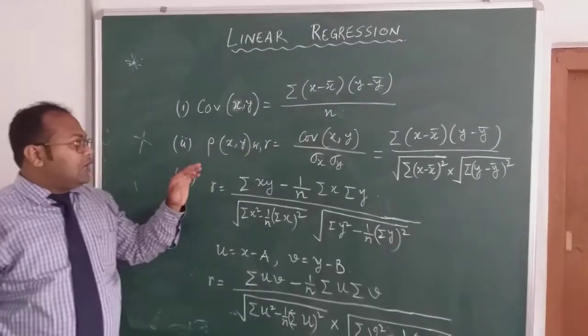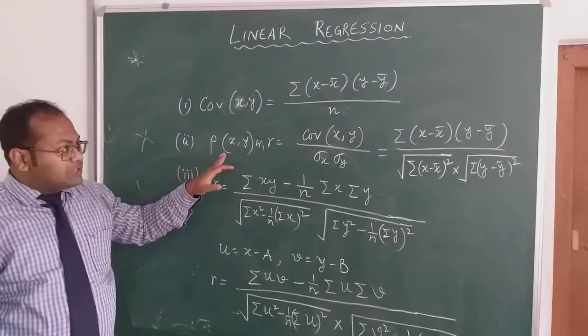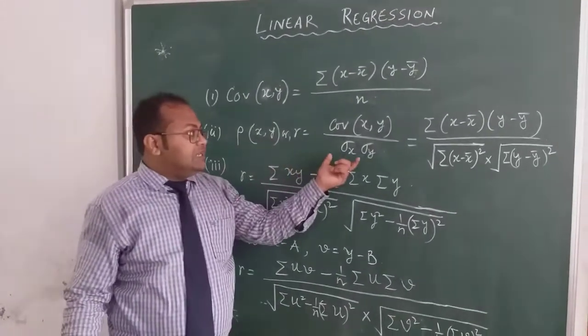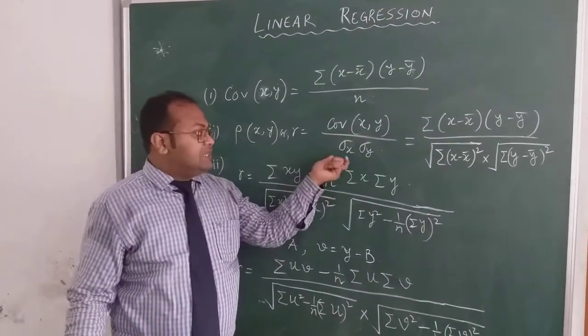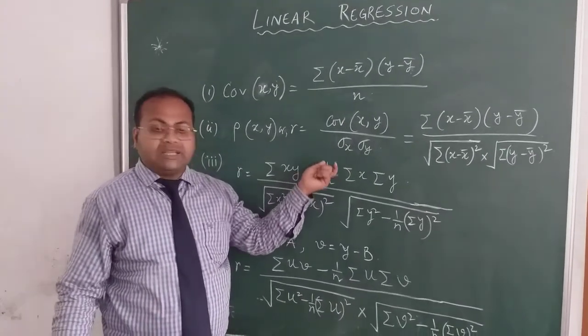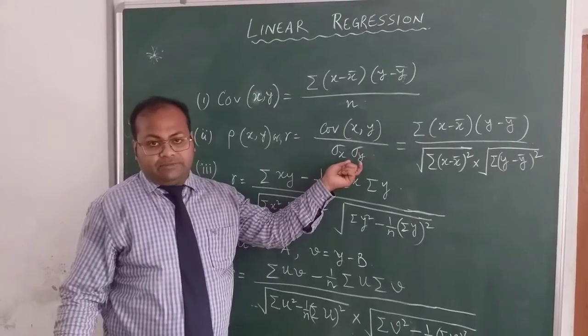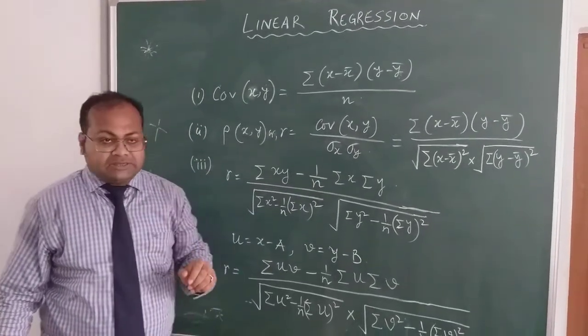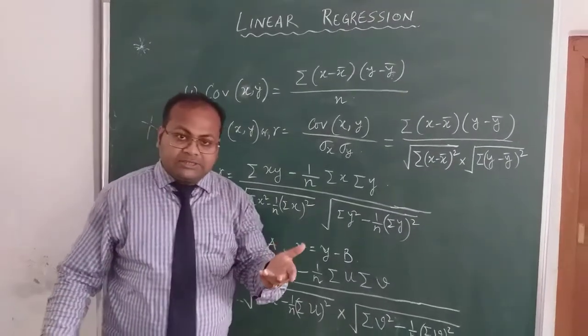Okay. Now this rho xy determines the coefficient of correlation. This is basically covariance of xy divided by sigma x, sigma y. And what is sigma x, sigma y? It is the standard deviation of x. It is the standard deviation of y. Okay. We know that sigma x is the square root of variance. Okay. And variance is what? Variance is the